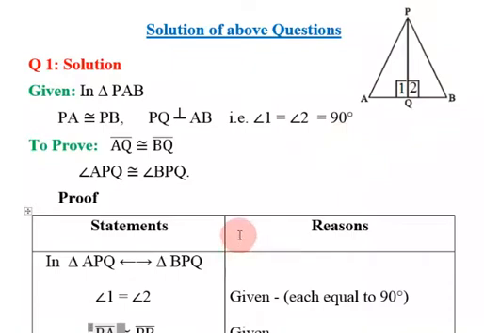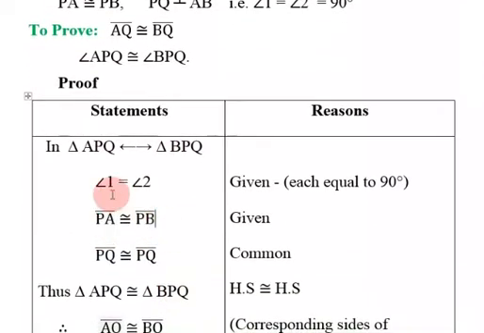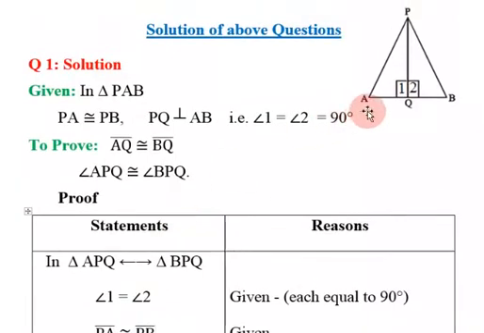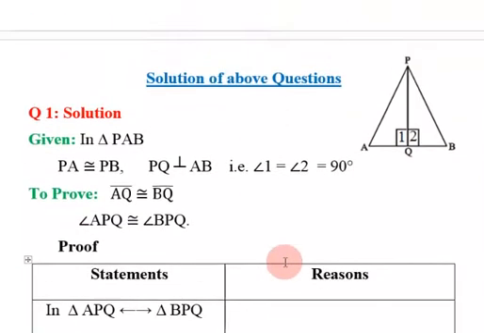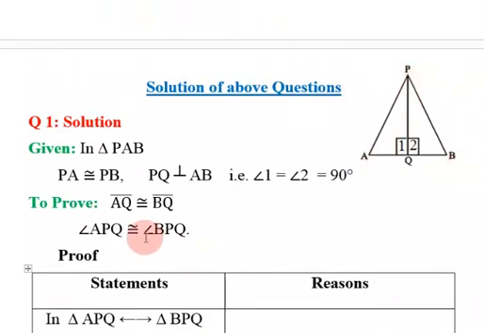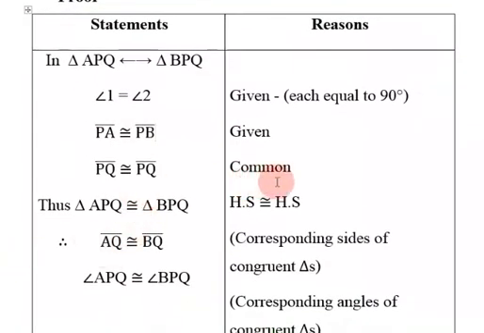Now we are taking a correspondence between the triangle APQ and the triangle BPQ. Okay, in this, look over there that the angle A is equal to the angle B, because both are equal to 90 degrees due to the perpendicular, and after that the side PA is congruent to the BP. It is already given to us that AP side is congruent to BP, and we are watching that the PQ side is the common side of the two triangles. Okay, because both the triangles are sharing this side, so it is a common side.